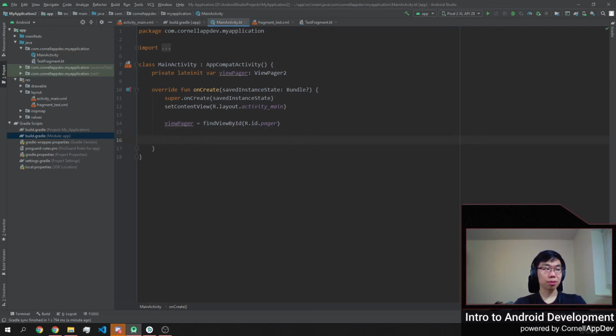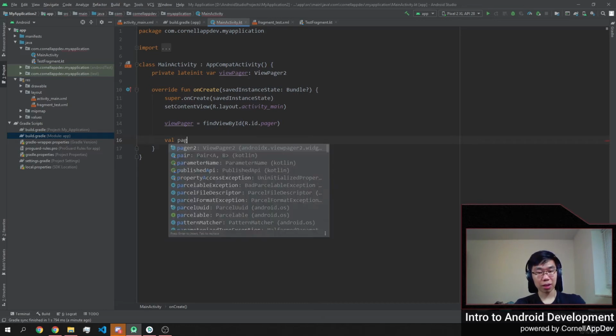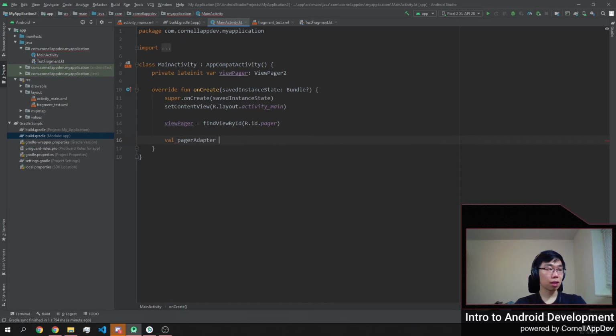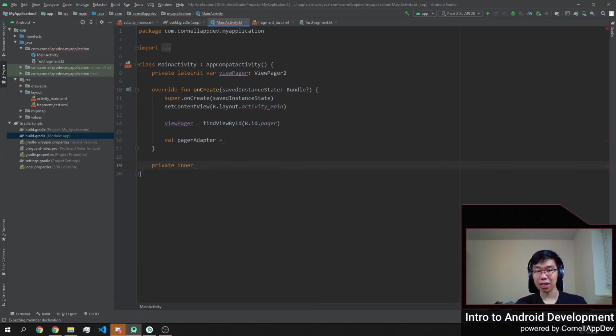And let's keep going a bit. It needs an adapter. So val pager adapter, and I'm going to set that equal to a pager adapter. However, I'm going to have to create an adapter for this. And so what I'm going to do to create this adapter will be to make a new adapter for it. Private inner. Inner identifies it as a class inside a class. I'm going to call this inner class screen